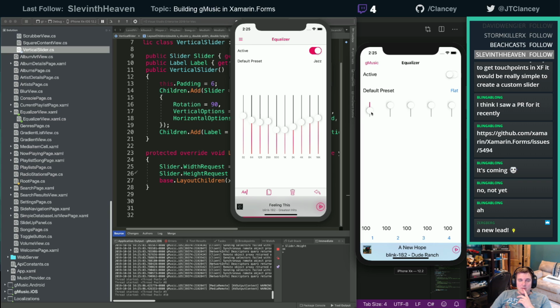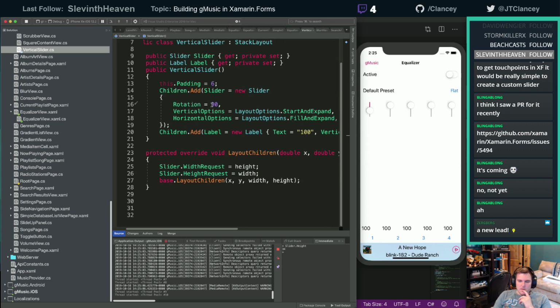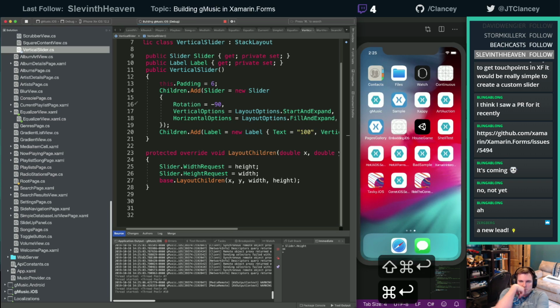Oh, and they're upside down. I went the wrong way. Actually, let's stop this. That's still not right.